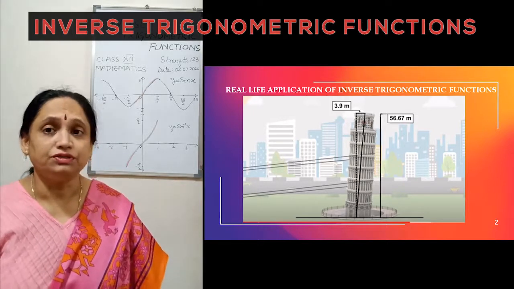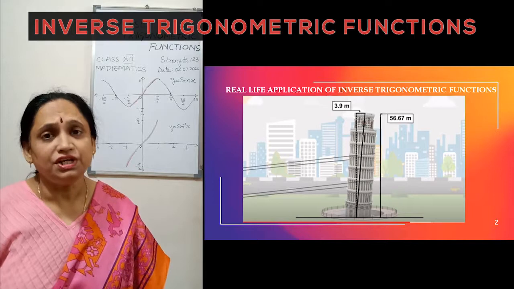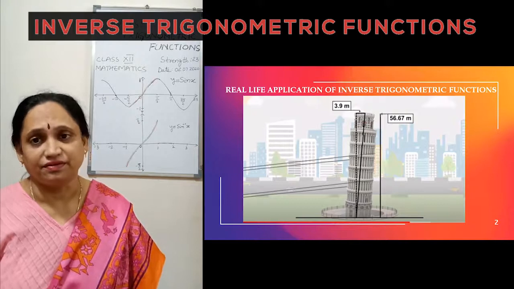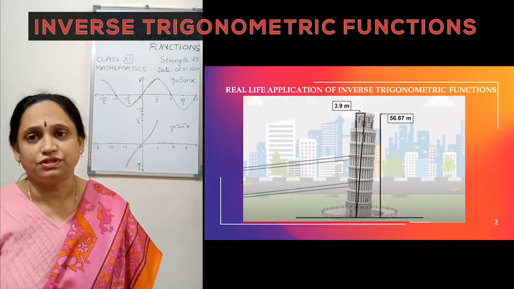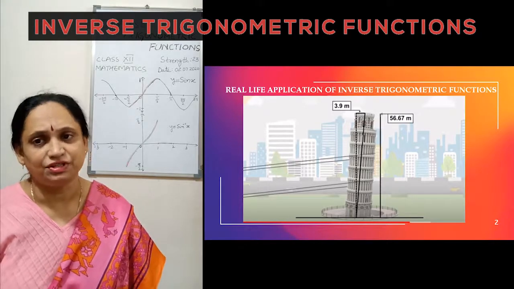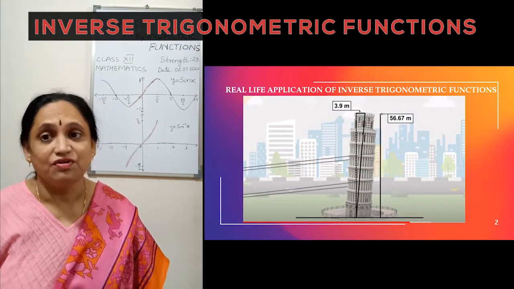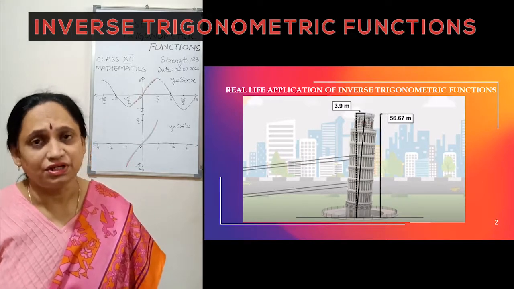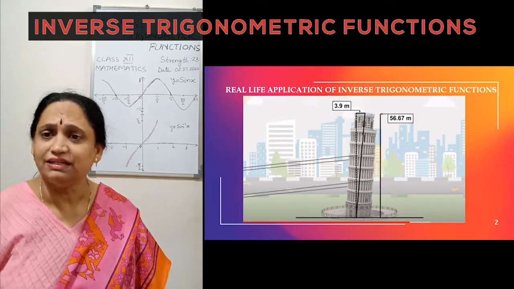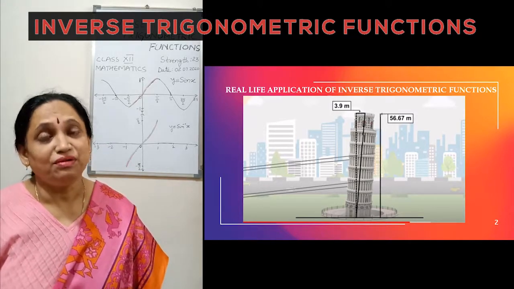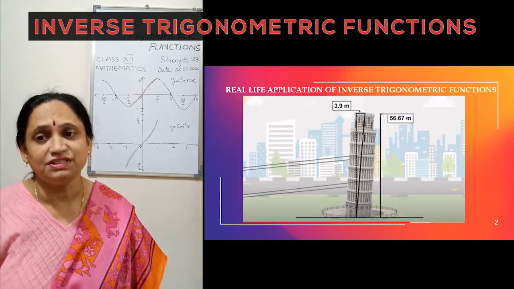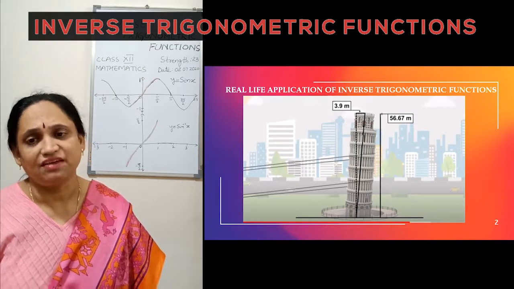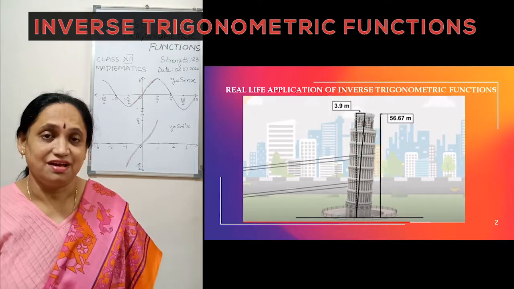It so happened that during the construction of the structure, due to inadequate foundation, the tower began to tilt, and the tilt increased year by year. So to preserve the historical structure, geotechnicians, engineers, mathematicians, structural engineers, and historians were called to solve the issue. The team did their research and came to a conclusion. They calculated the angle at which the tower was leaning, and by applying the concepts of inverse trigonometric functions, the tower was tilted at an angle of 3.9 degrees and made safe for the next 300 years. Amazing, isn't it?